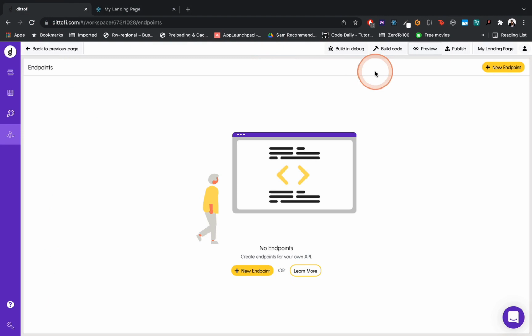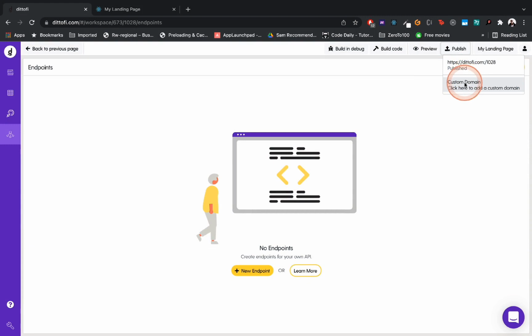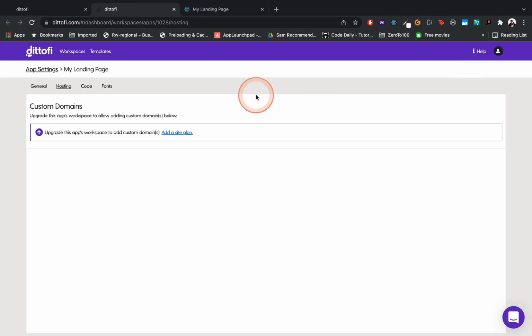And you're probably wondering, well, Nelly, I want to get rid of this button. If you want to get rid of this button, all you need to do is upgrade to a paid plan and host your page onto a custom domain, and we'll take that built on Didify. This publish is exactly going to allow you to do that. So when you click publish, you will see that you can connect to a custom domain, because right now it's just using a Didify domain. If you want to connect to a custom domain, all you've got to do is go to your app settings and you can see how you can upgrade your plan.